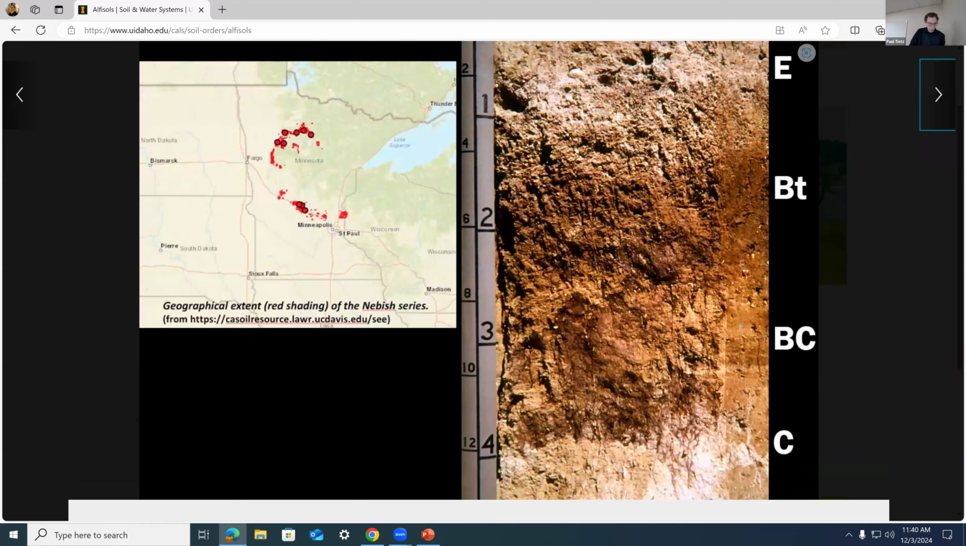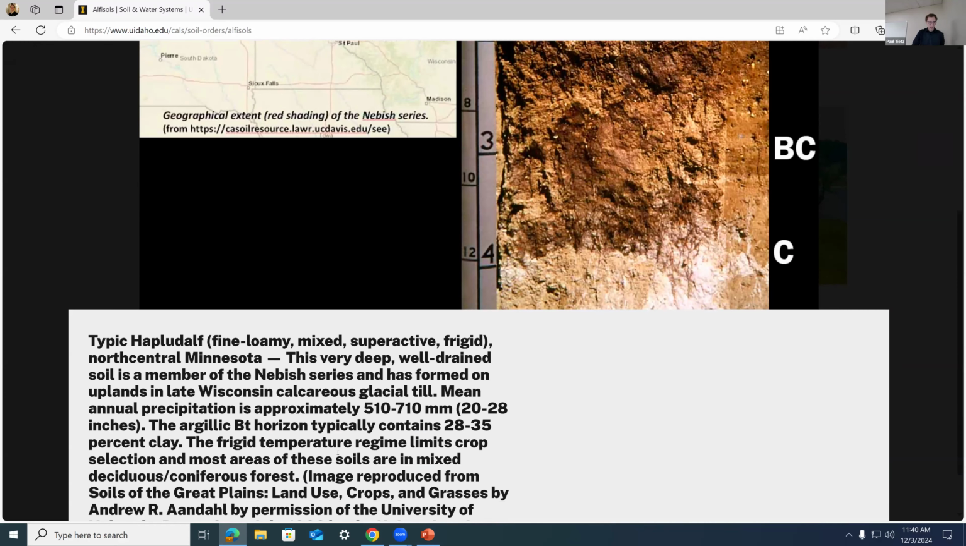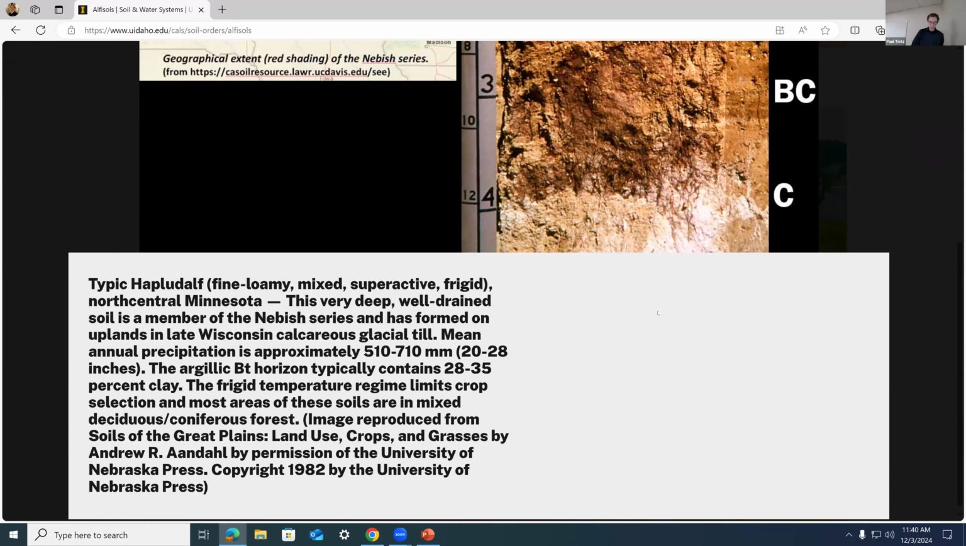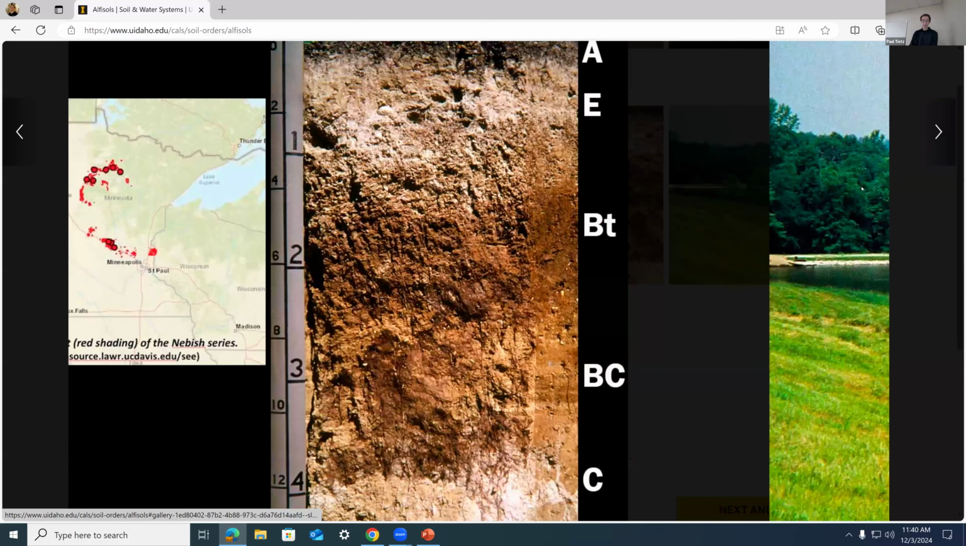So technically it is an Alfisol, but Mollisol adjacent, Mollic subgroup. And then Typic Hapludalf of north central Minnesota, more glacial parent materials, frigid temperature regime limits crop selection, mixed forest there. As long as it's got the BT horizon, it could have an E horizon, a lot of them do, but they don't all have to. As long as Alfisols or Ultisols have this BT horizon, it's not one of the other soil orders. That gives it